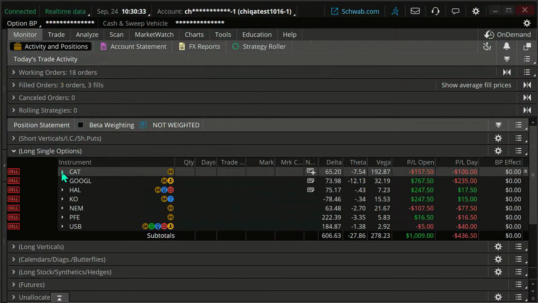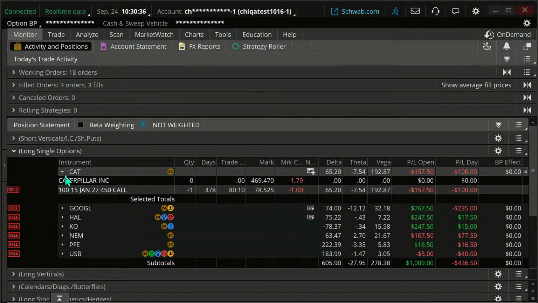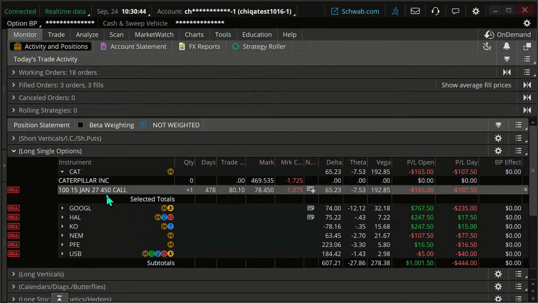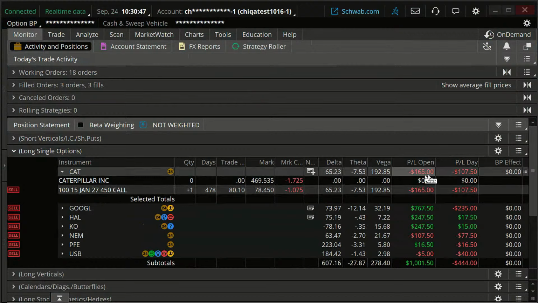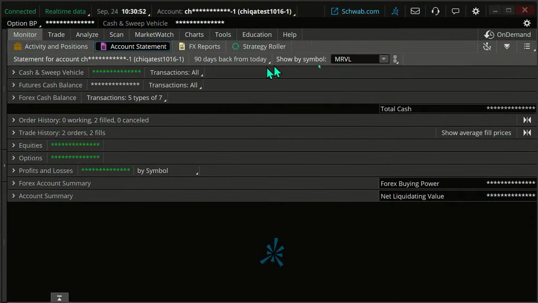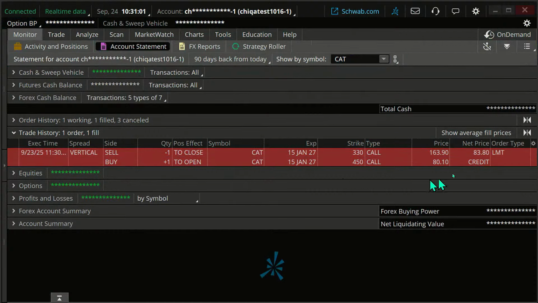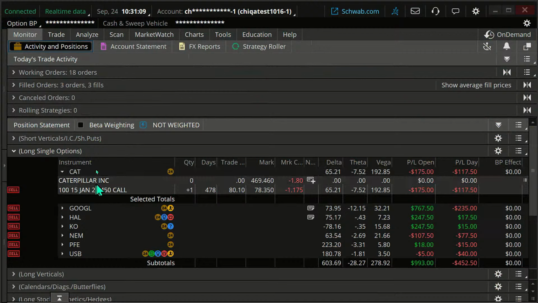By the way, yesterday in my long options webcast, I rolled Caterpillar. It was a nice little roll. We're losing money on this since the roll. Let me just look real quick on that. Trade history. We rolled for approximately an $8,300 credit, which was nice. And that's certainly not the norm, but it's nice to see those occasionally.